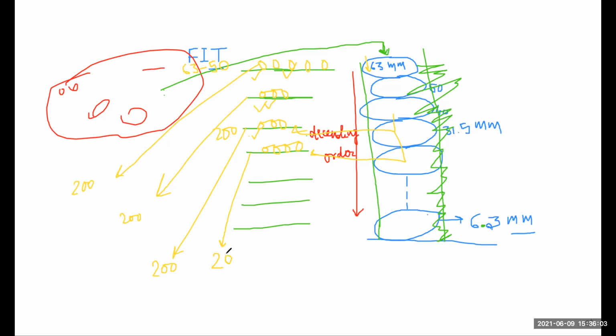If you find the number of aggregates you obtain is less than 200, suppose you only get 100 aggregates after taking 2 kg, then you double the aggregate. You take another 2 kg. You do not stop your test unless you get, on each fraction or each boundary, a minimum of 200 aggregates. This is the codal provision.